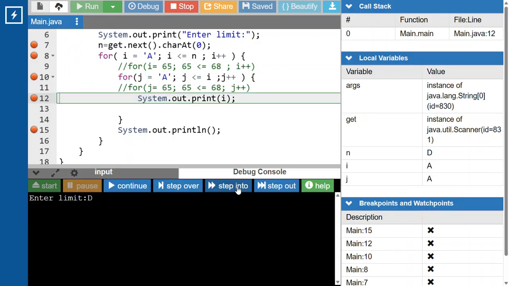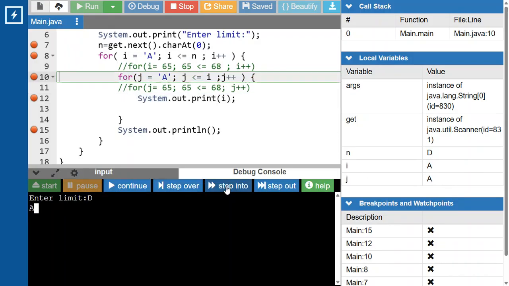Step into print the current I value. What is that? The current I value is 65, that is A. Got it. Next,